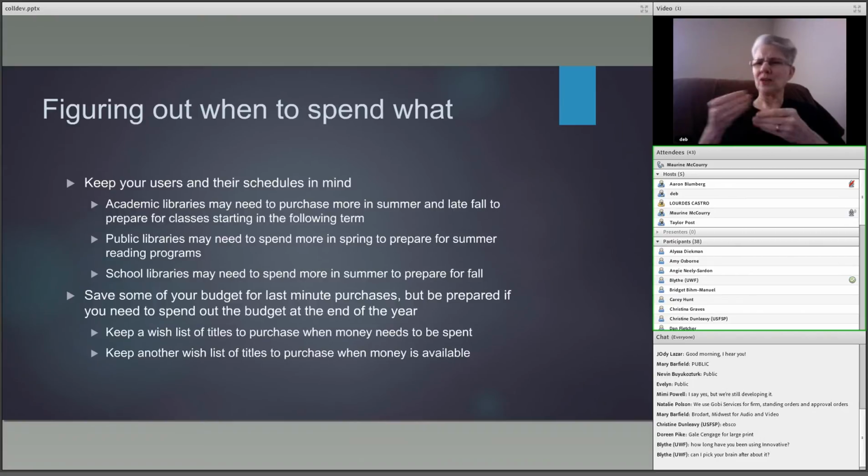Figuring out what to spend or when to spend what. And this goes back partly to knowing how your budget has to be spent, but you also have to keep your users and their schedules in mind. In an academic library, we have to purchase more in the summer and in the late fall in order to prepare